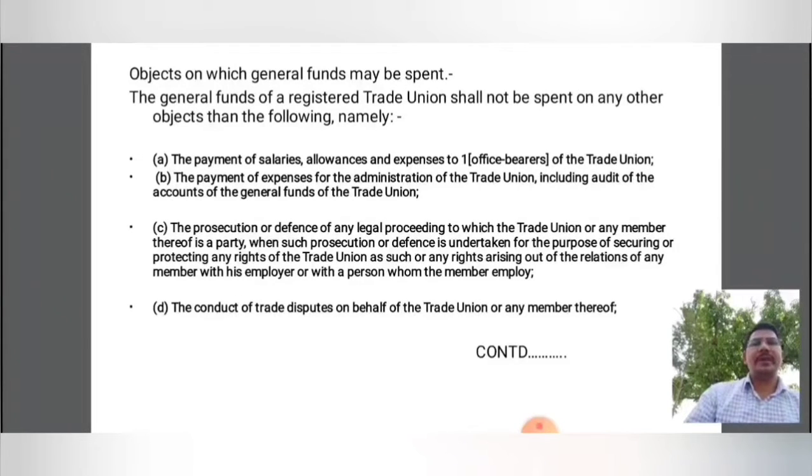trade union. Second, the payment of expenses for the administration of the trade union, including audits of the accounts of the general funds of the trade union. And then the prosecution or defense of any legal proceeding to which the trade union or any member thereof is a party, when such prosecution or defense is undertaken